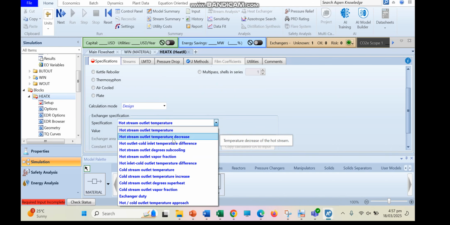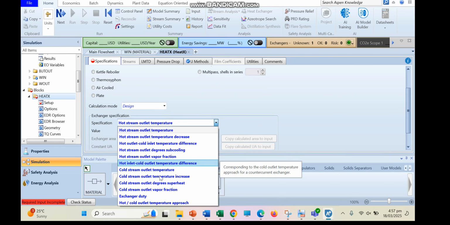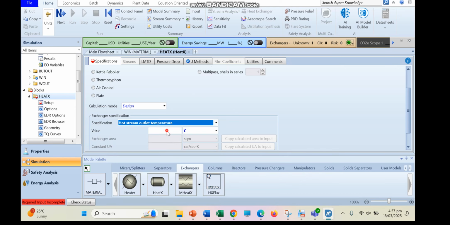If you know the exchanger duty or something else, or the cold stream outlet temperature, then you should select that. However, here we know the hot stream outlet temperature. This is 40 degrees C, and this is in the design mode, which means that it will do the design calculation for us and it will calculate the area for us. So now if you click on run,